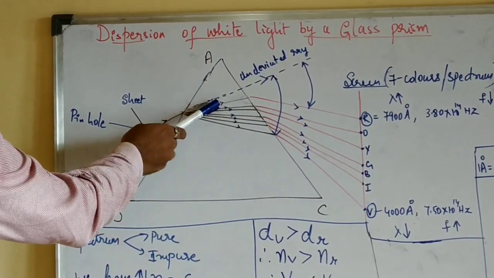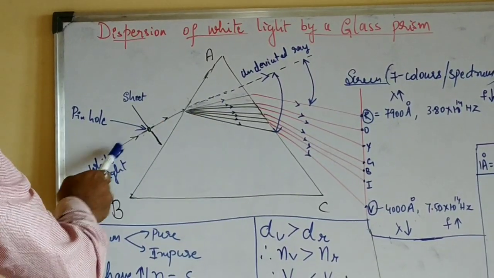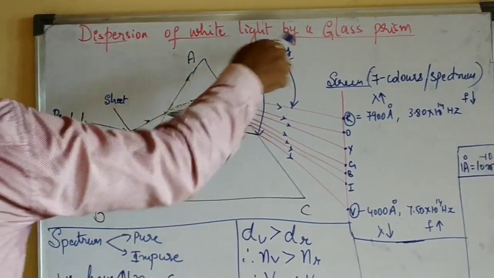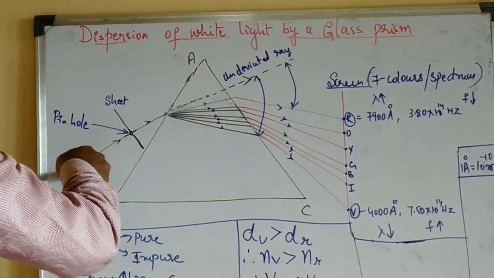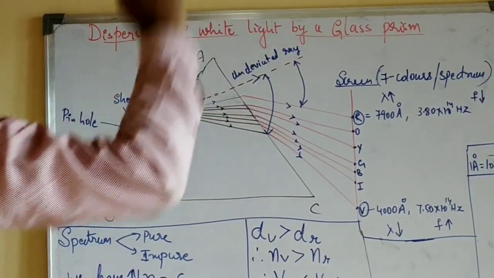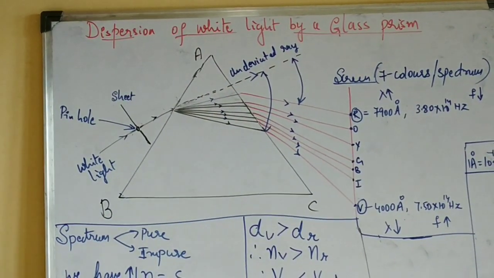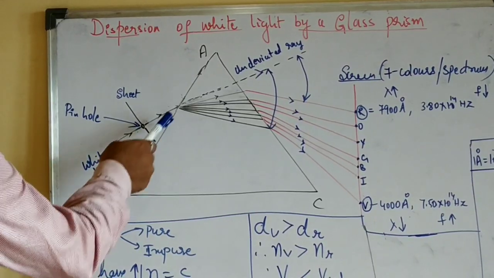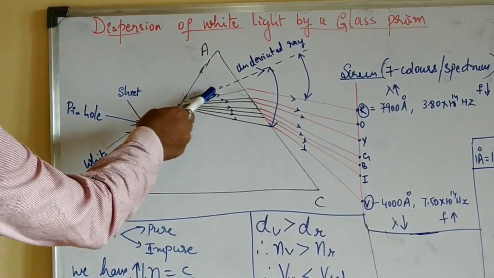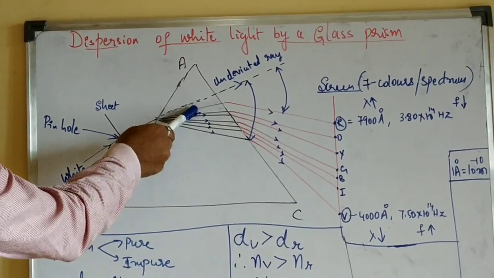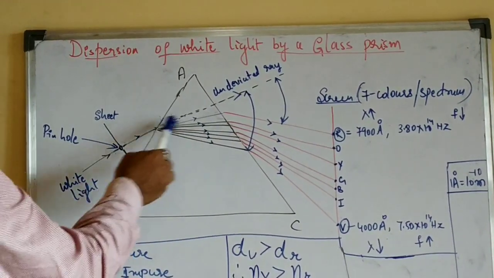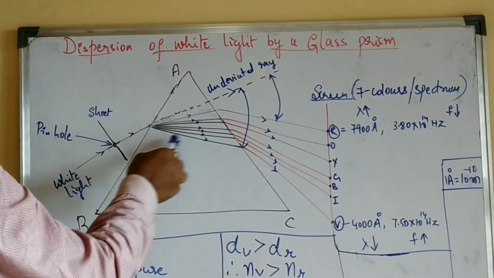Now you can see here, this first ray is the undeviated ray. Undeviated ray means in the absence of the prism, the white light would have traveled straight, without any deviation, without any refraction. So in the presence of the prism, what happens at the interface? It is getting split up into 7 colors. Now again these 7 colors of different wavelength will